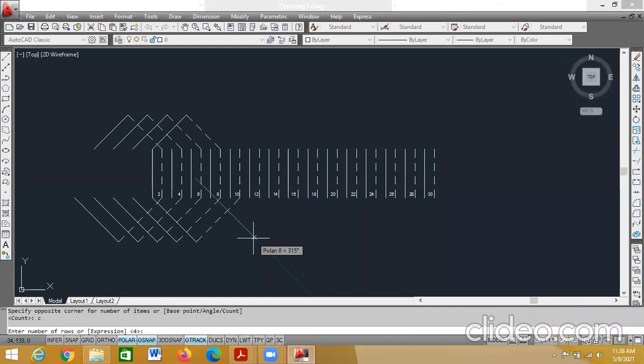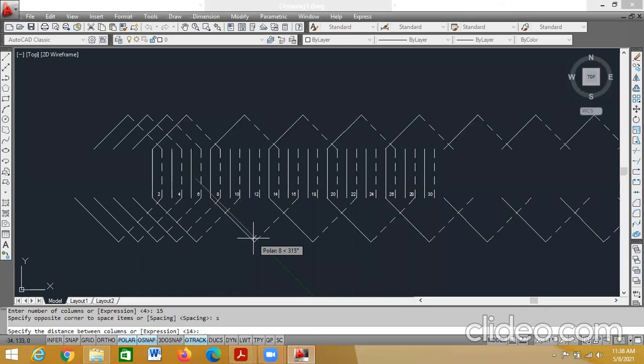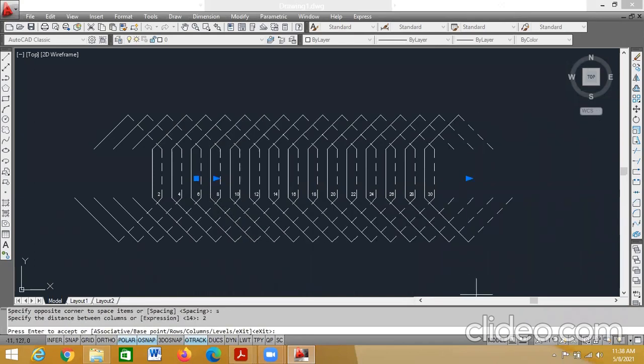How many rows? 1 row, 1 enter. How many columns? 15 columns, 15 enter. Spacing, yes enter. What is the spacing? 2 enter. Press the escape button or enter button. So this completes the YB and YF connections.